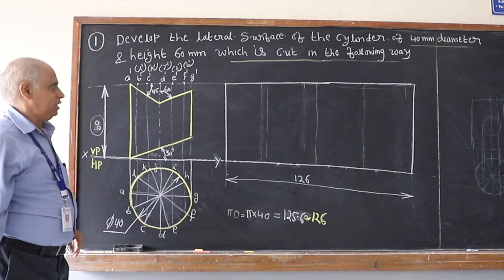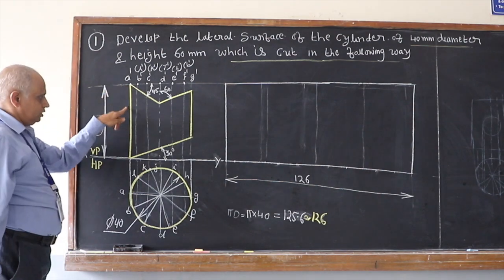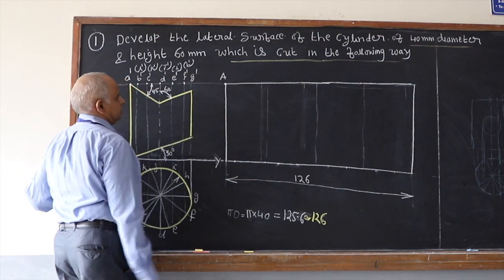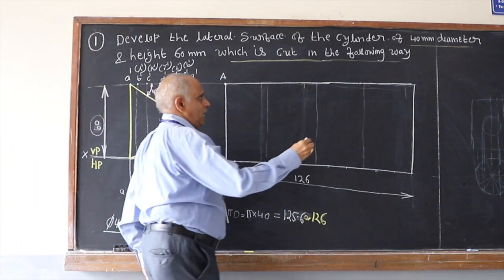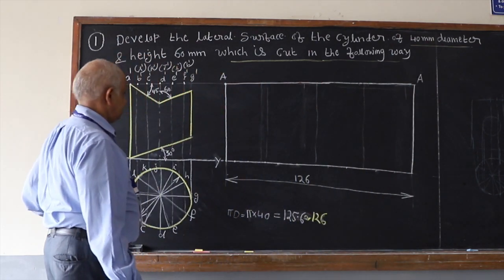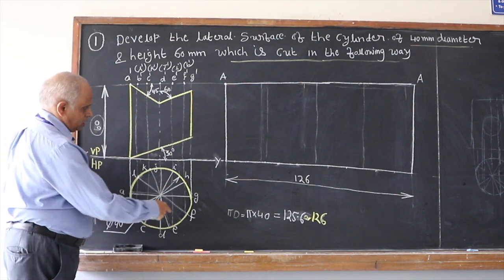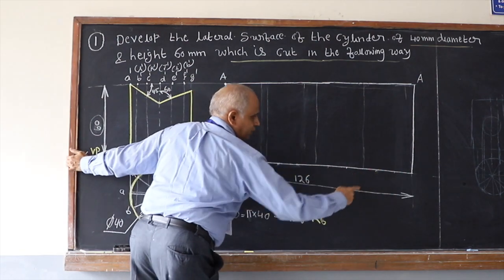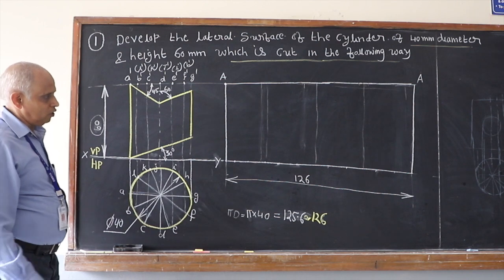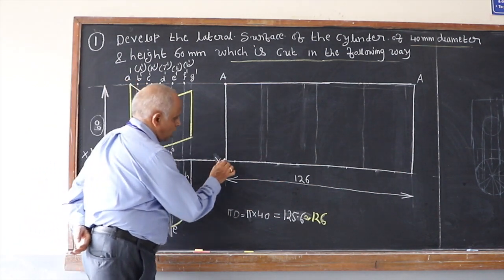Now if you cut open this solid with respect to an imaginary edge, there is no edge, this is a generator passing through A. Let us open it about A. Therefore this is A, it should close at A. But since you have divided the circle into 12 parts, that means the development length also has to be divided into 12 parts. Now to divide this length of 126 millimeters into 12 parts, you just draw an arbitrary line